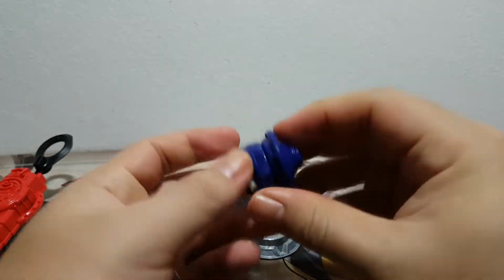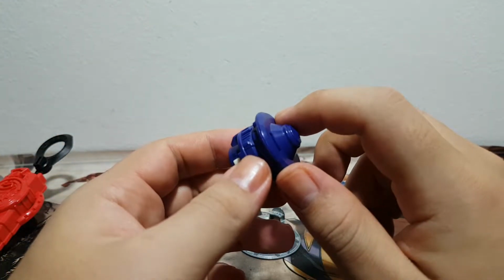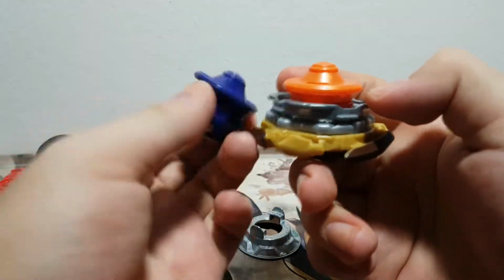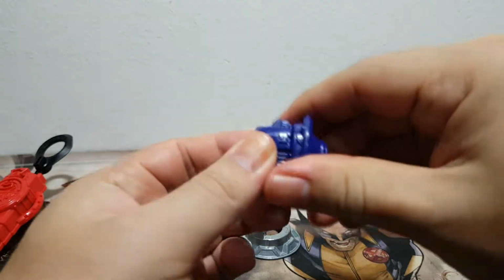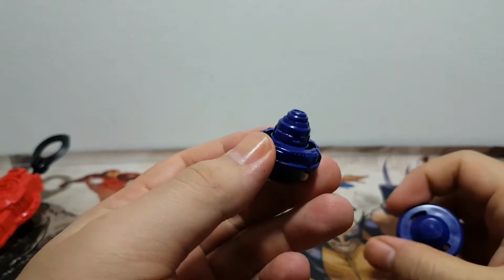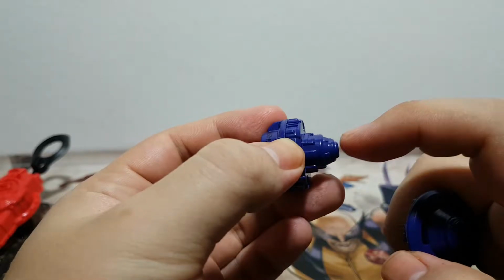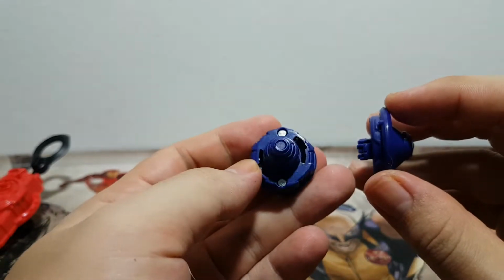Let's put this back. And this armor tip in specific is the same one that came on the Destructor Ifritor. Let me check. The one that came in the double pack, you can see that it is the exact same one, just a different color. The actual driver itself, it is different. It is kind of like a, I forget all the names for these. Maybe it's an extend? I don't know. But it does have a flat surface, kind of like a whole flat at the bottom. I know it's not whole flat, but you know, it's probably a similar